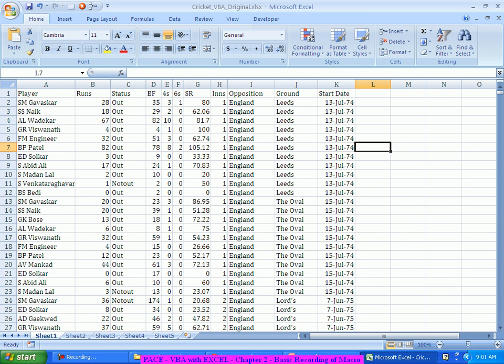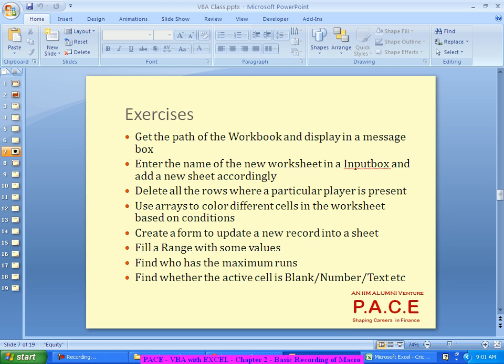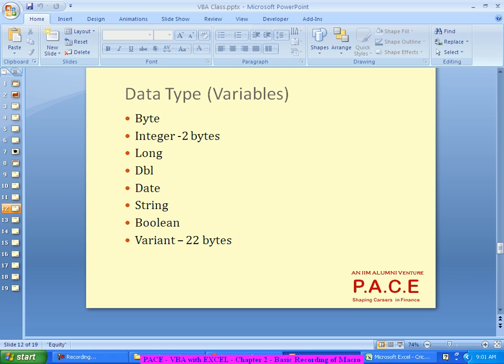All right, let's say this is the data. On this data, I want to do a few tasks. Let me write down those few tasks which I would be more interested in doing.